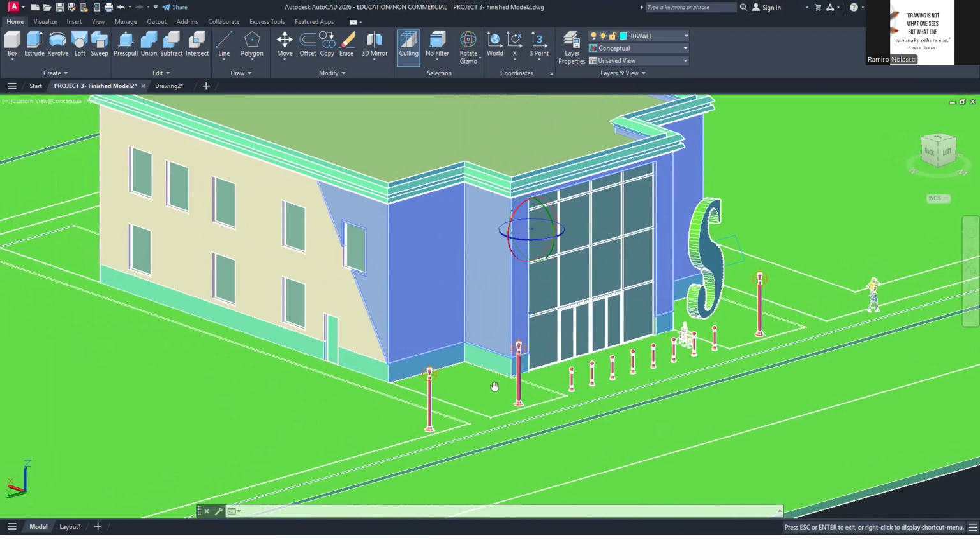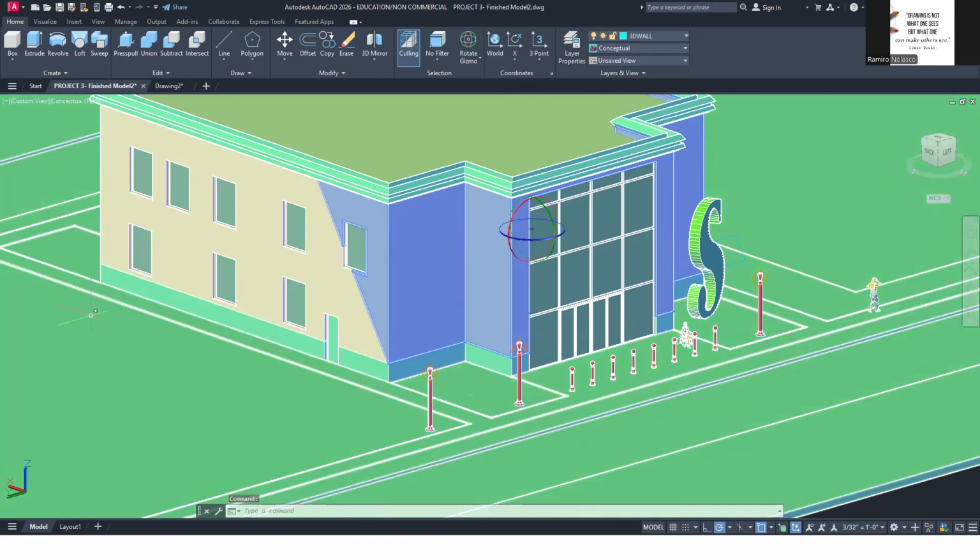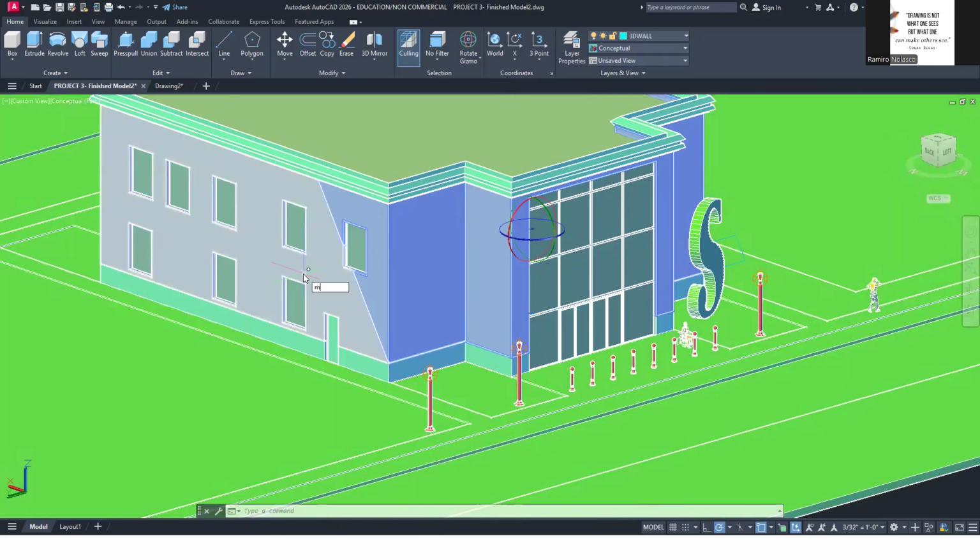The first thing you want to do is to open the material browser. To open the material browser, you simply type MA. Okay, so kindly open